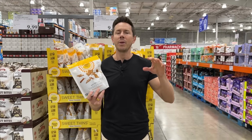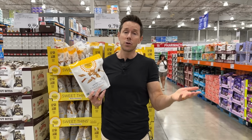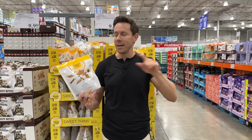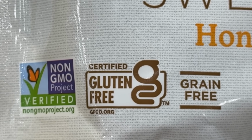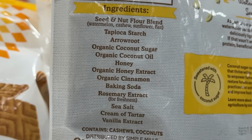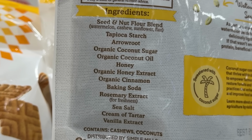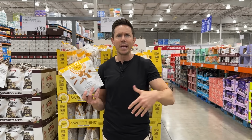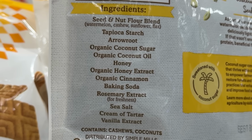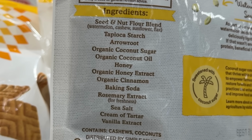But usually they're made with non-organic wheat, sweetened with a ton of sugar or high fructose corn syrup, and have unsavory ingredients. This is perfectly Bobby approved. It's gluten-free, but they're using watermelon seed flour, cashew flour, sunflower flour, flax. Who does that? We're not talking about cheap gluten-free grains like corn and potato starch. Those are nutrient-dense ingredients like watermelon seed flour, a touch of coconut sugar, made with coconut oil, real vanilla, and